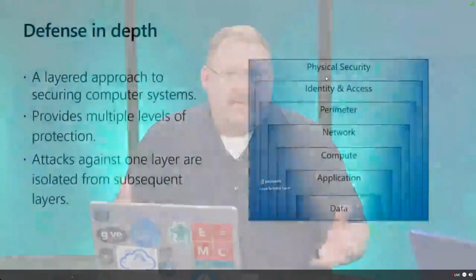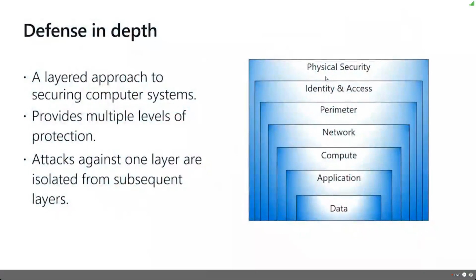And this shouldn't be new to everybody. Whenever we approach security, we have to approach it by looking at layers of security. We have to start with the physical security. Do we have friendly people at our front desk or courteous and somewhat unfriendly people at our front desks? Are our buildings secure? Do we have locks? Do we have badges? What's our user ID and password? Do we have security on the perimeter? Do we have security on the inside of the network? And wait, perimeter and network are the same thing?